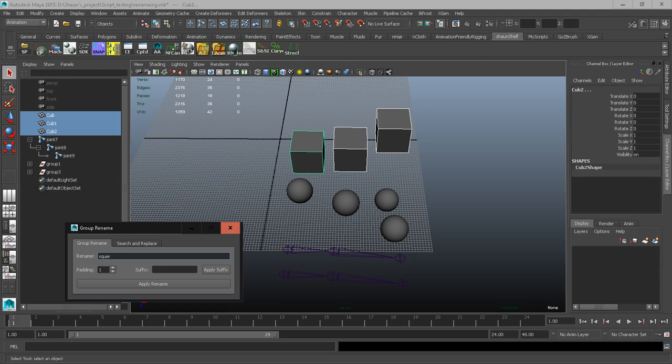Square, and basically you can set your padding to the number of digits you wish to pad by. As you can see, it's renamed the items, but there are no suffixes, so you can also, before renaming it,